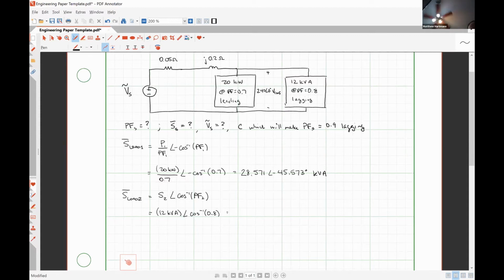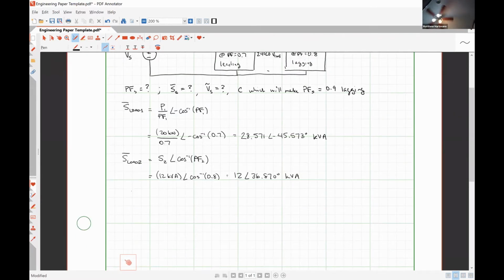And that gives me 12 angle 36.870 degrees kilovolt amperes. And so our total complex power absorbed by our loads, which I'm just going to call S load, is simply S load 1 plus S load 2,